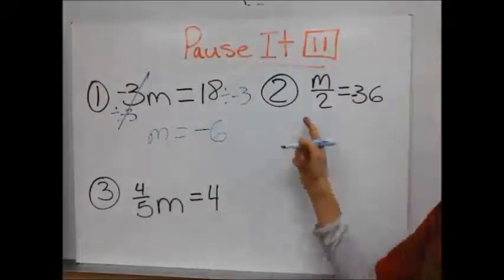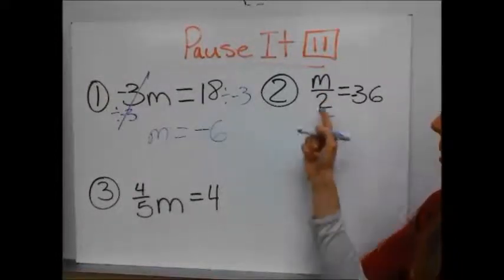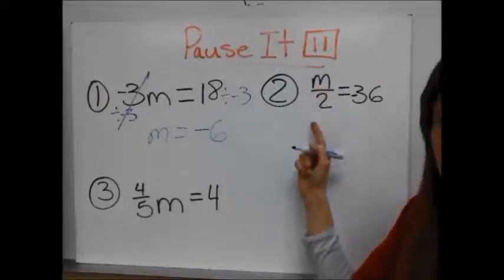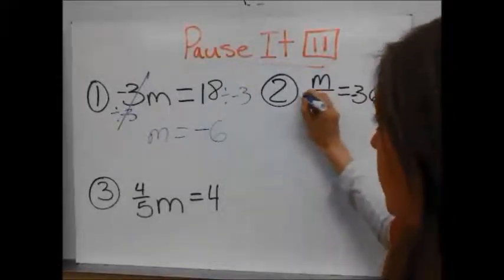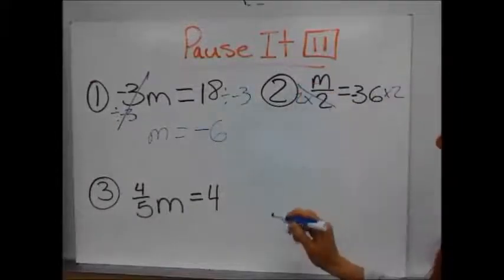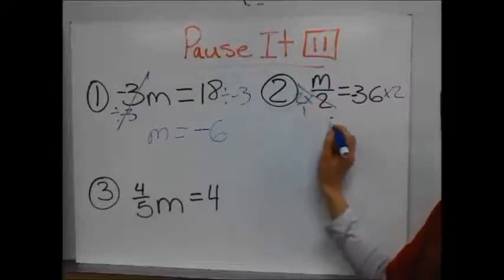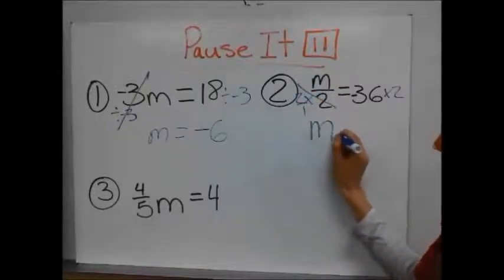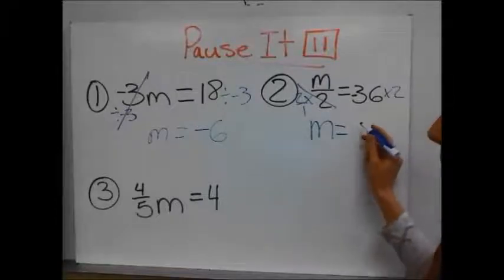Number 2. M divided by 2 equals negative 36. The inverse operation of dividing by 2 is to multiply by 2. So that's what we're going to do. Times 2, times 2. This will cancel out. 2/1. The numerator and the denominator will just cancel out, and I'll have m equals negative 36 times 2 will be negative